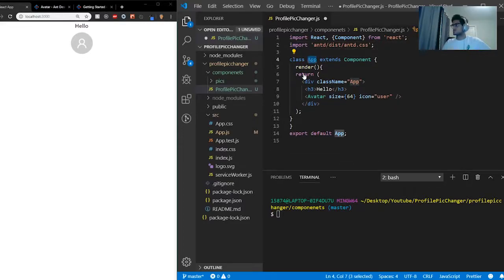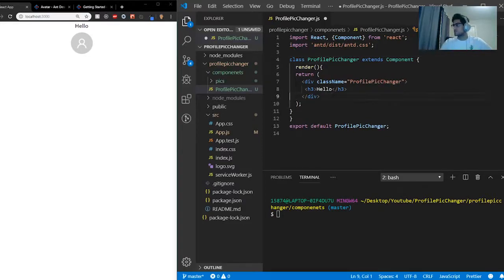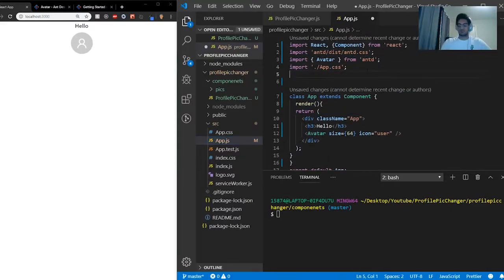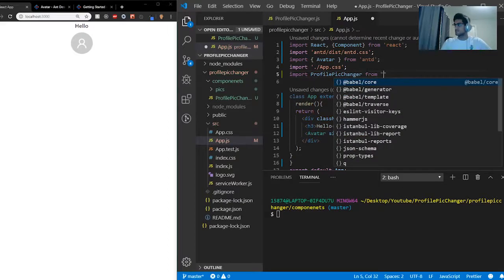I'm going to readjust this and call it ProfilePicChanger, and I'm going to get rid of this avatar, and I'm going to keep the h3 there, but I'm going to write component connected. Hopefully I spelled that right. And inside of our App.js file, I'm going to import it. So it'll be straight up import ProfilePicChanger. This is where we name it, from our